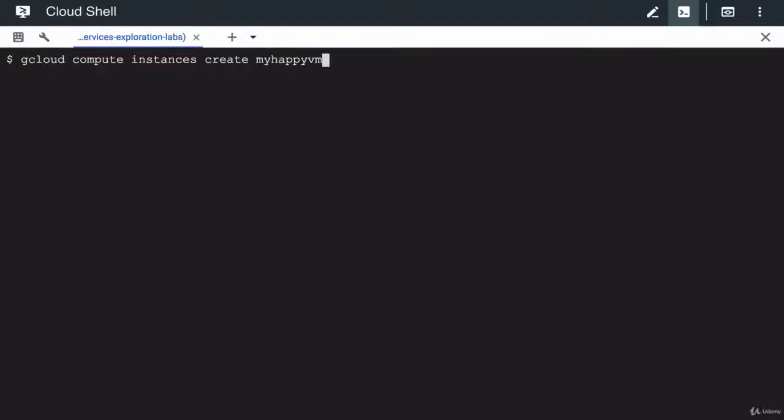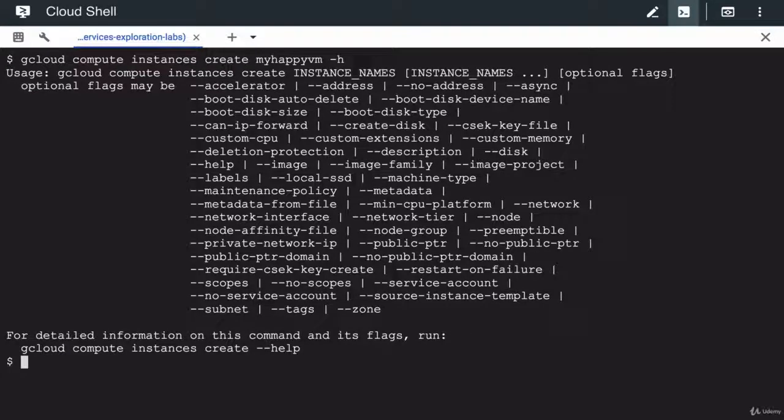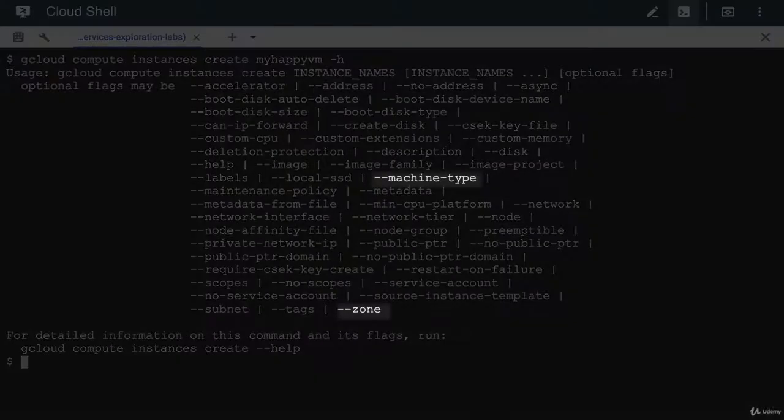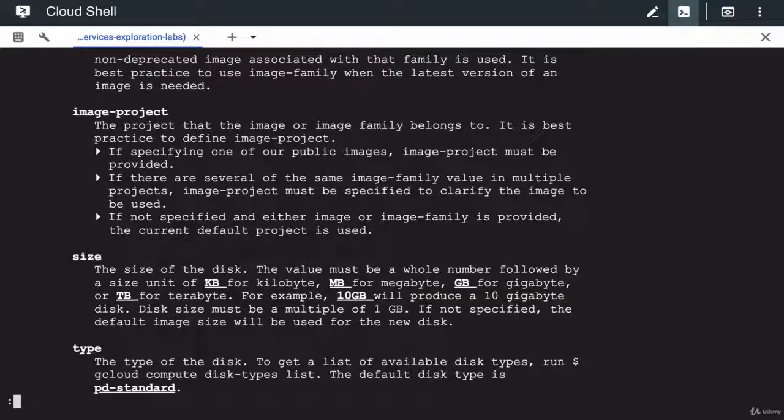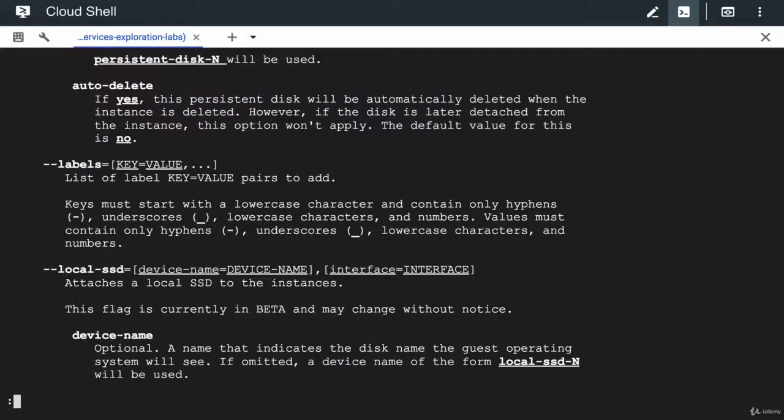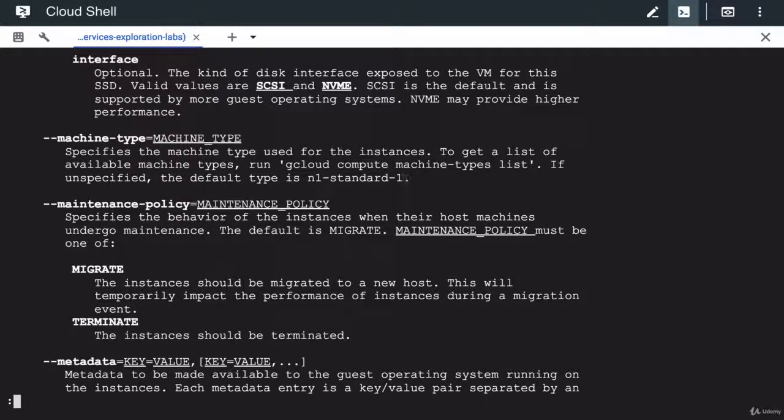Let's bring back that command by up arrowing and then add -h to get the help information. Now we can see at a glance that there are a lot of optional flags that we can use here, like the machine type and the zone. So let's get some fuller information about those. If we change it to --help, then we can scroll through the pages until we find the machine type. Here it tells us that the default type is an n1-standard-1,